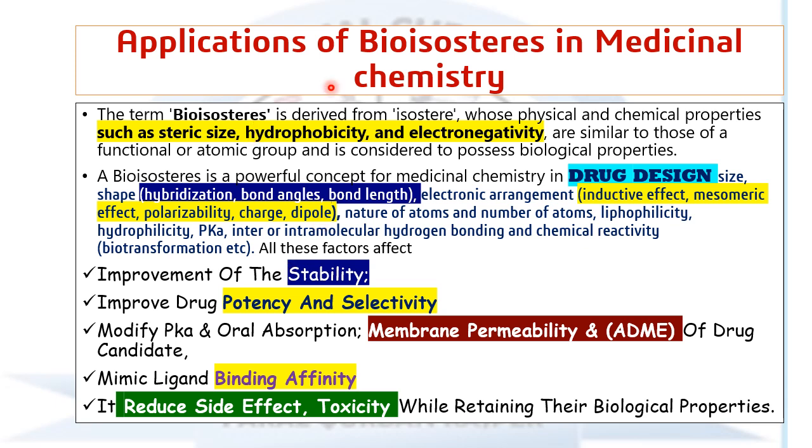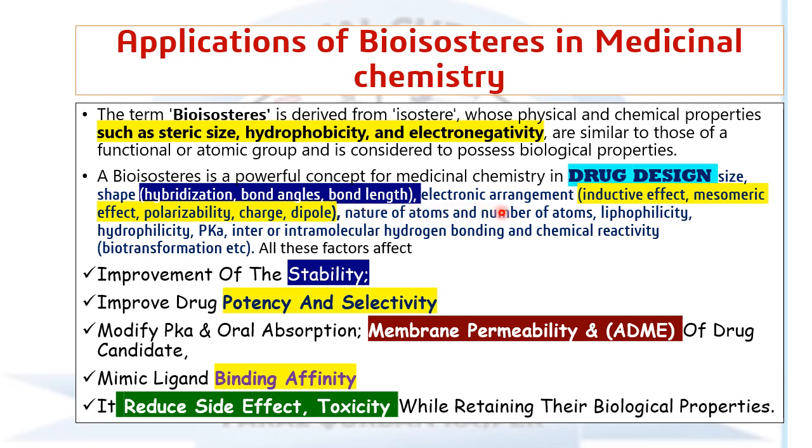Let's check out the applications of bioisosteres in medicinal chemistry. We have observed that the bioisostere concept evolved from isosteres, which have similar physical and chemical properties such as size, electronic configuration, electronegativity values, and so on. So these are functional groups which could have biological activity. In drug design, these isosteres can be replaced with similar isosteres which could possess the biological activity. So the size and shape represent the hybridization, arrangement of atoms, bond angle and bond length among the